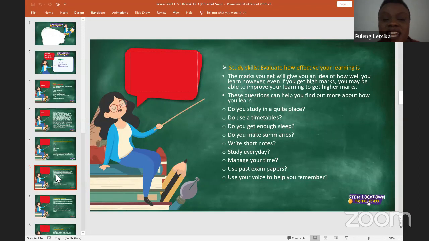How do you eat an elephant? You eat it bit by bit. So when you study every day, you enable yourself to cover the work at a pace that you are comfortable with, and then you won't stress the day before. So yes.